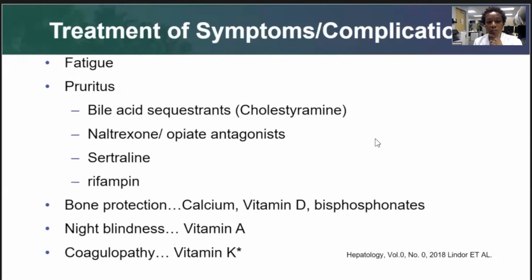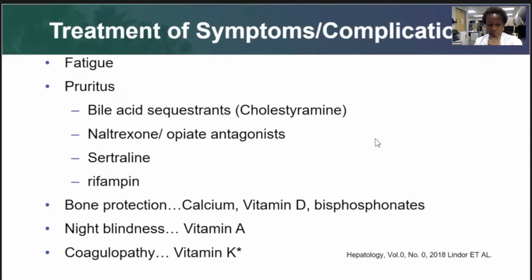I'm always nervous to pull that out because you guys know that rifampin is one of those drugs that can give you drug-induced liver injury as well. These patients need bone protection. They need calcium replaced, vitamin D, and it can also actually require a bisphosphonate if they have osteoporosis. And once again, we talked about this, those fat-soluble vitamins that need to be replaced, vitamin A or vitamin K,